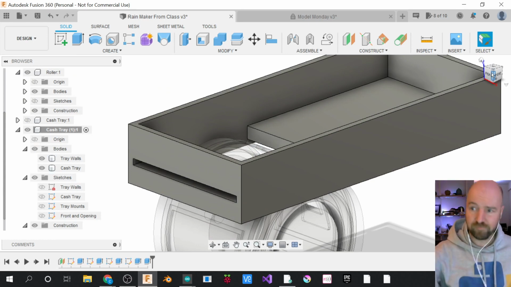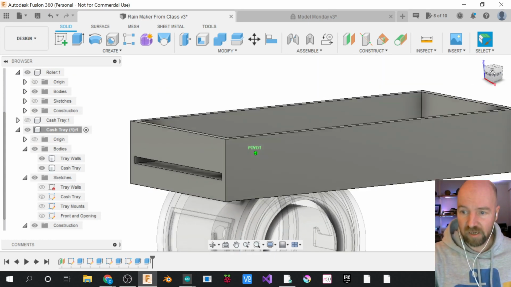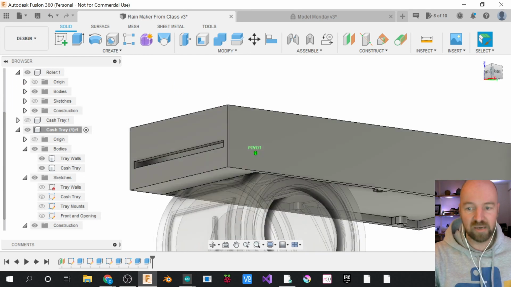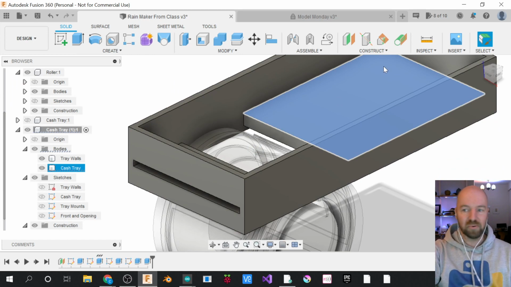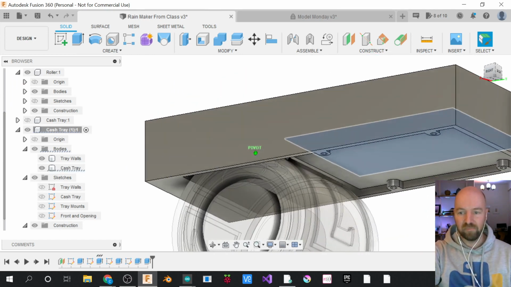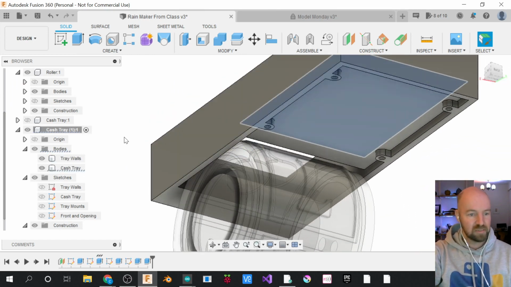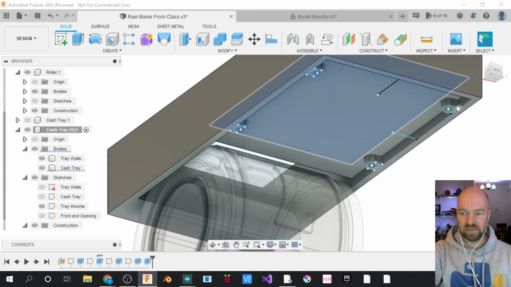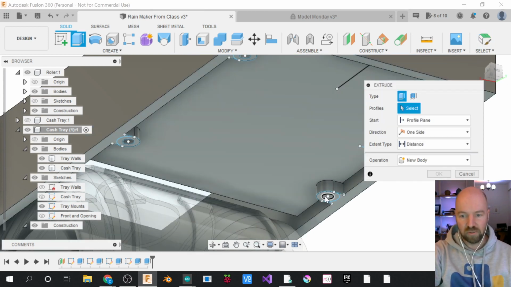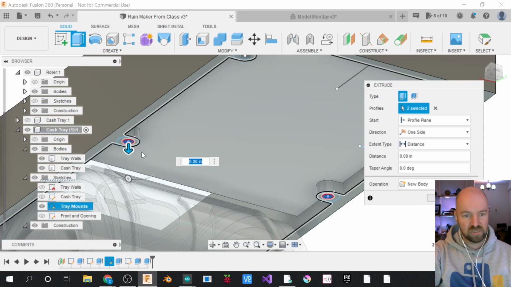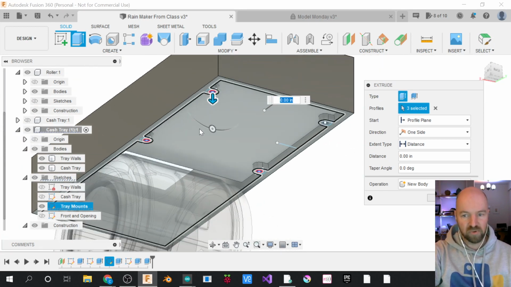Oh, you know what? Let's do one more thing. We need some holes in our tray here, right? It was the tray mounts sketch here. If I turn that tray mounts sketch on, the thing that I want to do is extrude out some holes here. So if I grab my extrude tool and I choose each one of my 4 3mm holes,